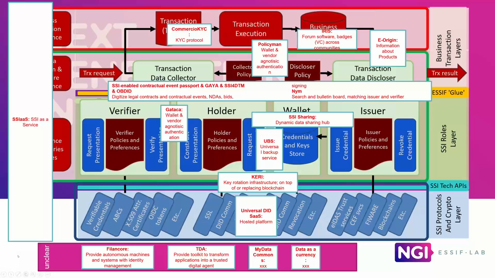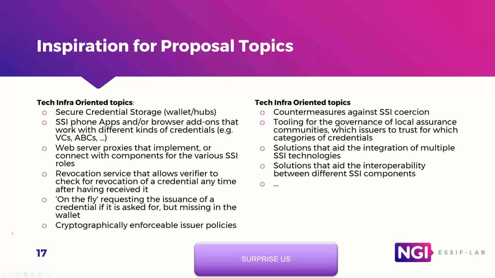Okay, skipping to the next slide. Most likely you know already what you're working on, and most likely you already have ideas about the things that you want to propose. But anyway, if you're looking for inspiration, here we have a whole list of things that we have come up with where we think, hey, this would be useful. So I mentioned already the secure credential storage. We now have one sub-grantee, Yolocom, that's providing that. But for instance, revocation services, at this moment we don't have any sub-grantees with dedicated revocation services.